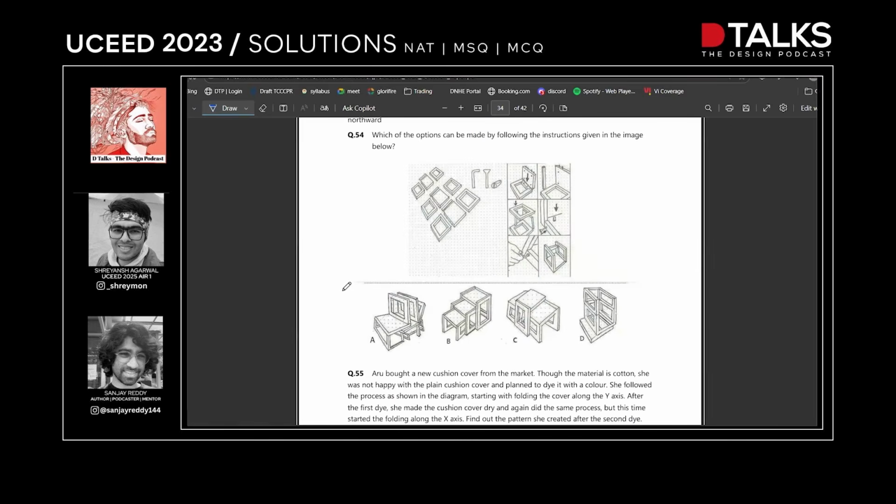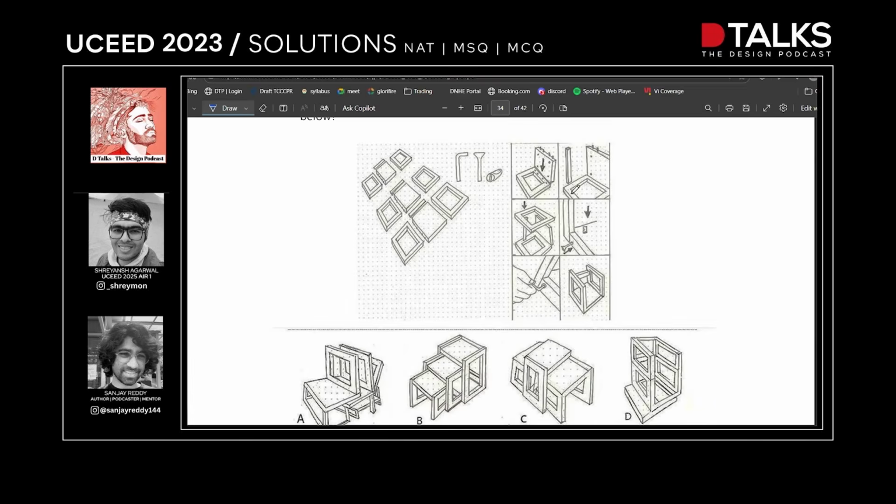Question 54. Which of the options can be made by following the instructions given in the image below? So basically, what it's saying is, you want to join each part in the corners like this. Okay. So it's three different pieces, three different very similar pieces by the way. So whatever you make, it has to be